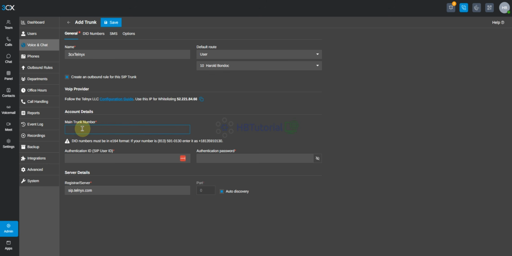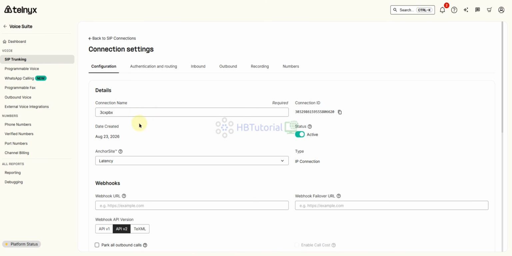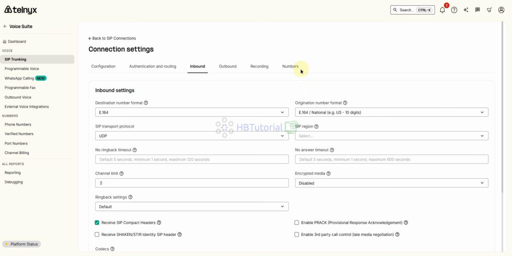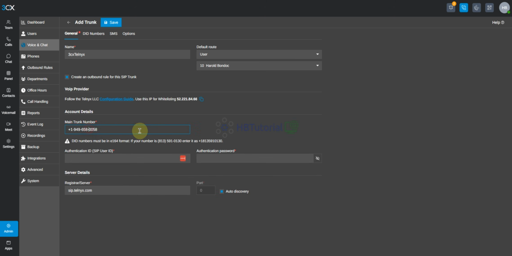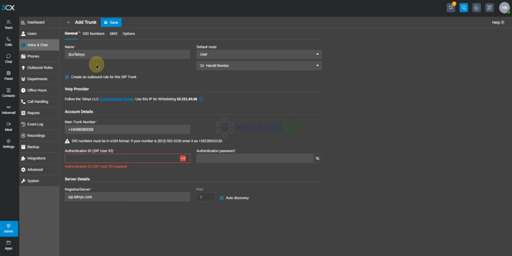Okay, so we put here our number, the inbound number.